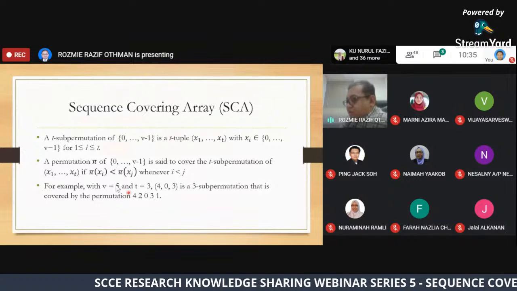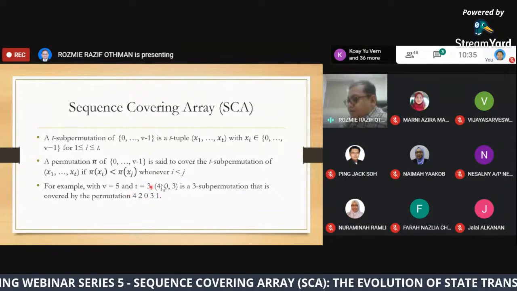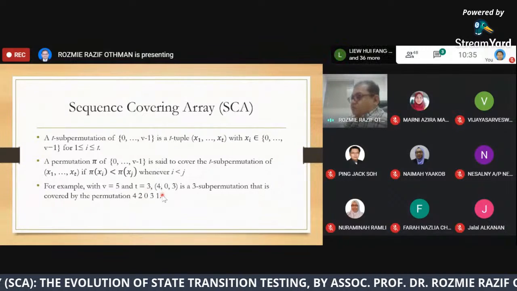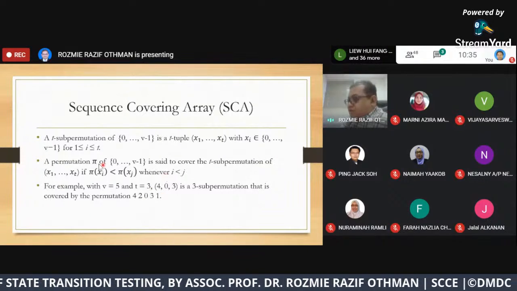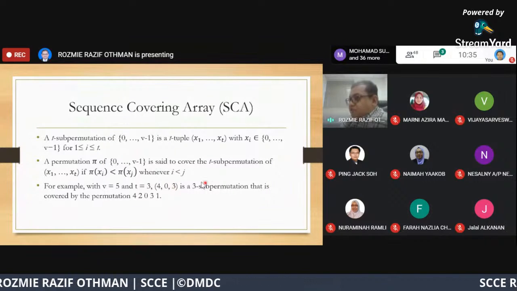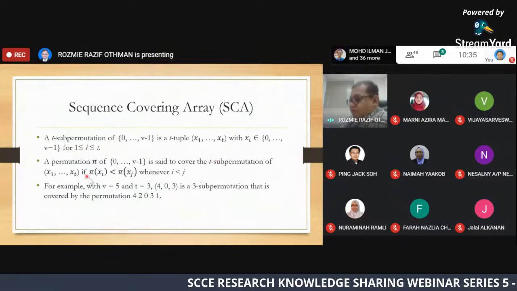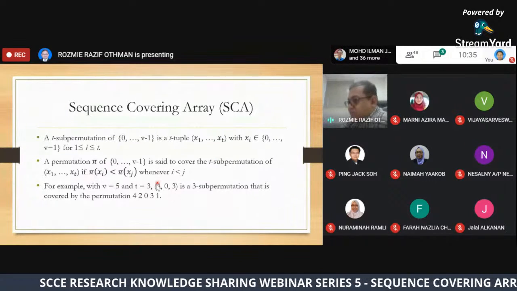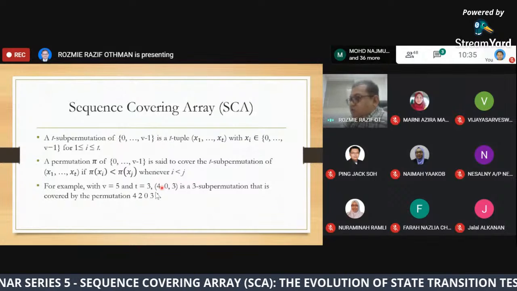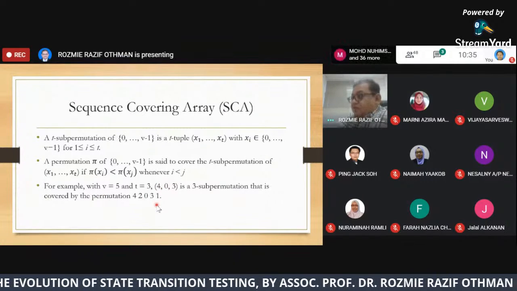So we can test for any element here, and this statement will be true. If this statement is true, then we can say that this 3 sub-permutation is covered by this permutation. For example, this 403 sub-permutation is covered by this 42031 permutation.